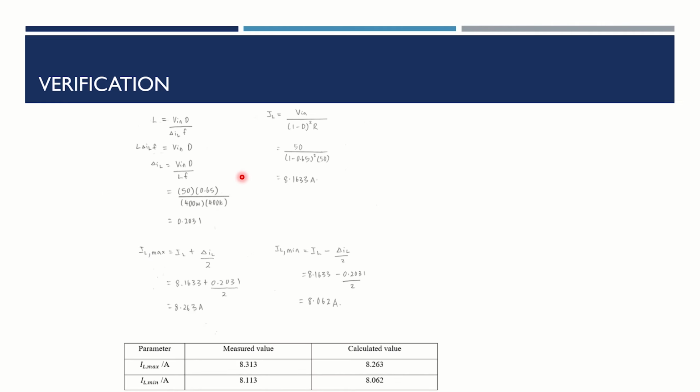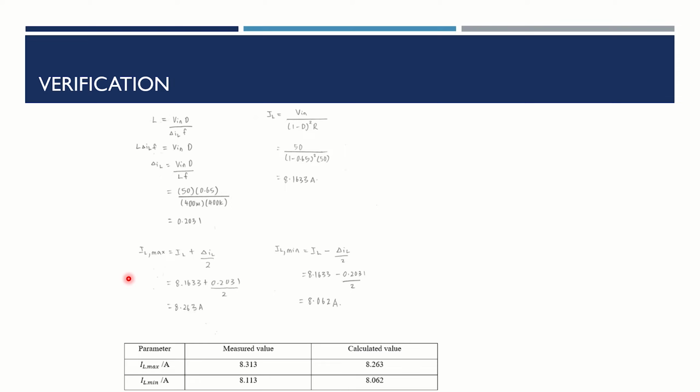For inductor current, IL is equal to Vin over bracket 1 minus D bracket squared times R, which is equal to 50 over bracket 1 minus 0.65 bracket squared times 50, equal to 8.1633 ampere. For delta inductor current, it is equal to Vin D over LF, which is equal to 50 times 0.65 over 400 micro times 400 kilo,